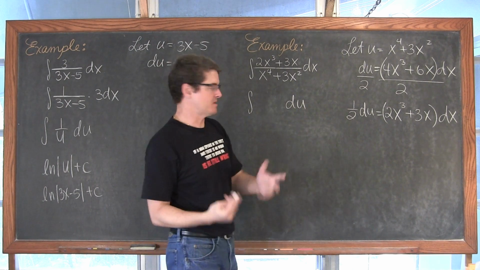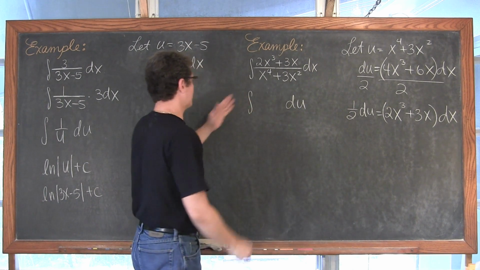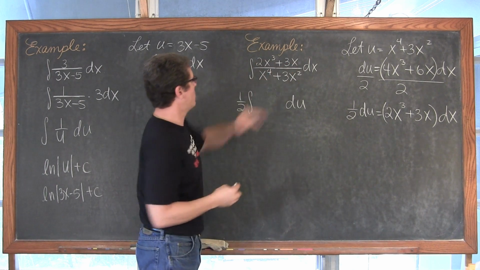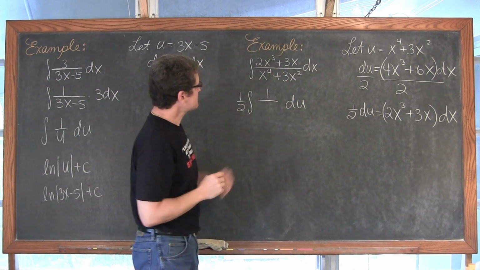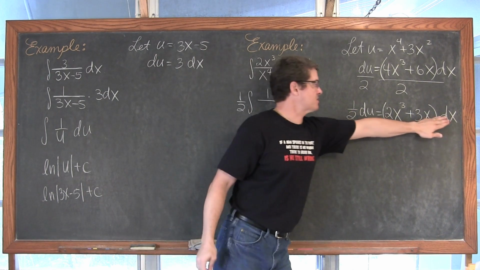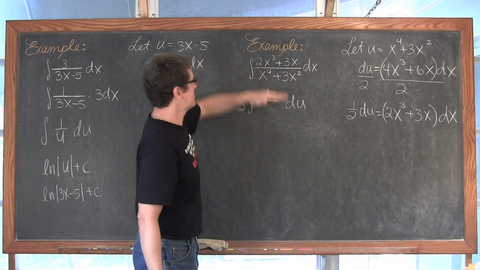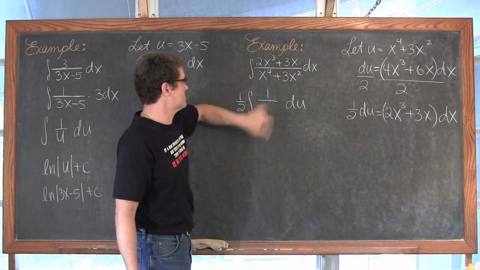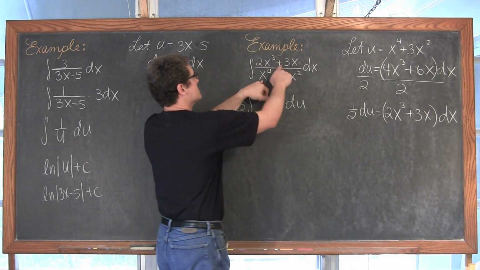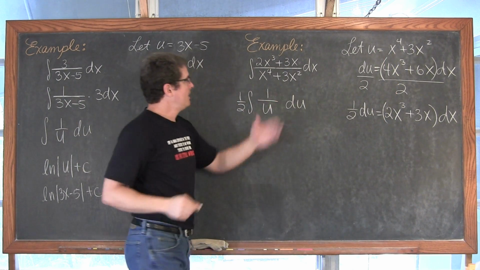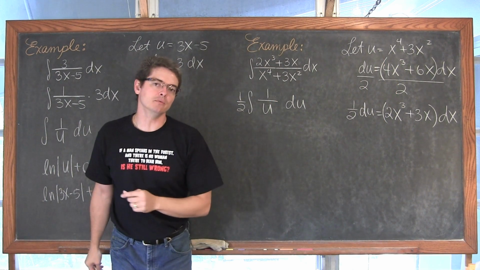Okay, well, it's not really equal to du, right, because I have a 1/2. I'm going to put that in front of my integration symbol. And then that's 1 over... Because I do the substitution of taking this expression out and putting in 1/2 du, doesn't mean that the denominator all of a sudden just floats up into the numerator. So it's still 1 over, and then x to the fourth plus 3x squared is u. And voila, I have the indefinite integral of 1 over u du.